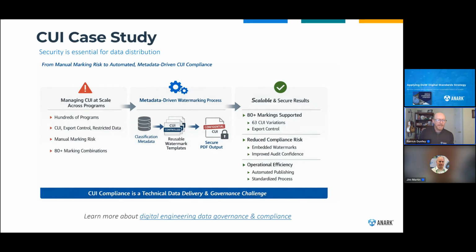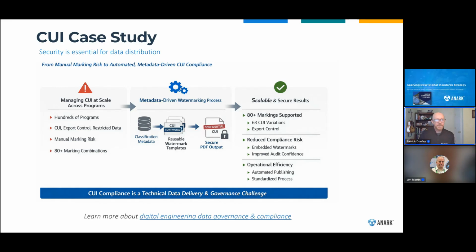Suffice to say, if you figure out how to nail down the machine readable data and get it from the authoritative system to derive human readable content and human readable product experiences, but you're not applying the correct markings and remaining compliant in terms of how this data is shared and exchanged with others, then there's going to be real problems. So security is paramount when dealing with the digital future and the digital of today. And so that's why this project unfolded.